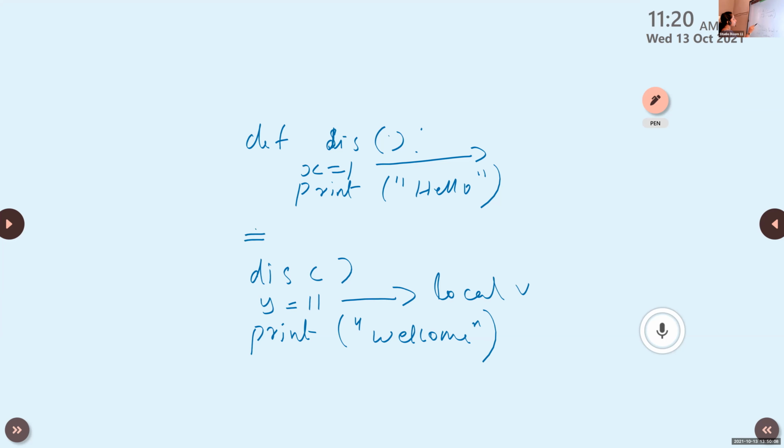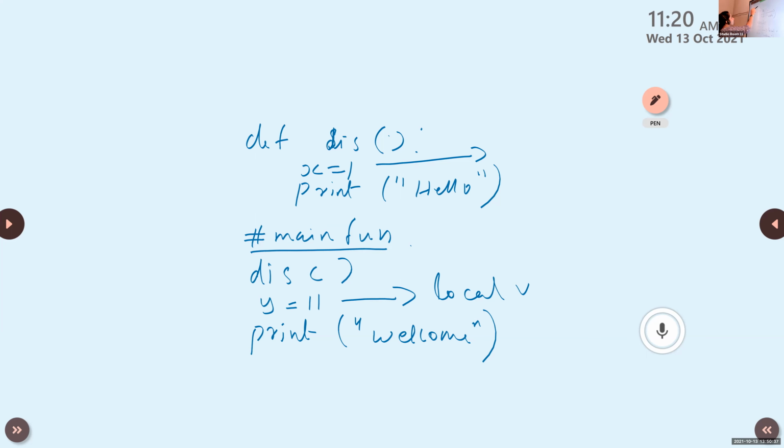Here, this is the main function. So main function means it is also one function. So we declare this y inside the main function, so this y is treated as a local variable. Here this x is inside the dis function, so this is also treated as a local variable.